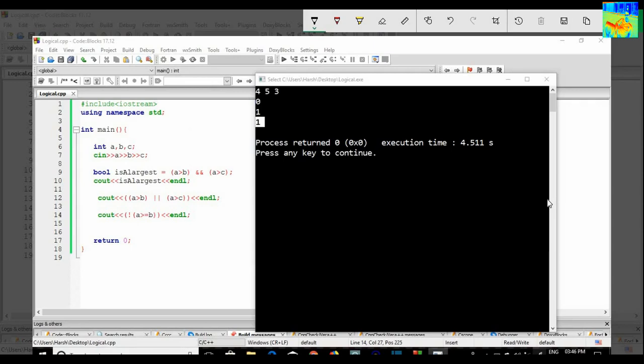I am explaining one more time. So A greater than or equals to B expression is false because 4 is not greater than or equals to 5, but there is a negation operator, so this whole expression will become true. That's why 1 is getting printed here.